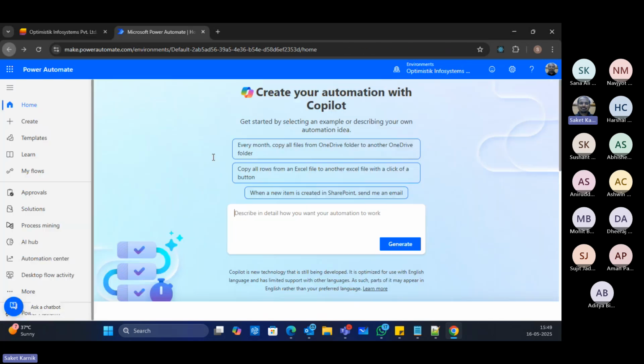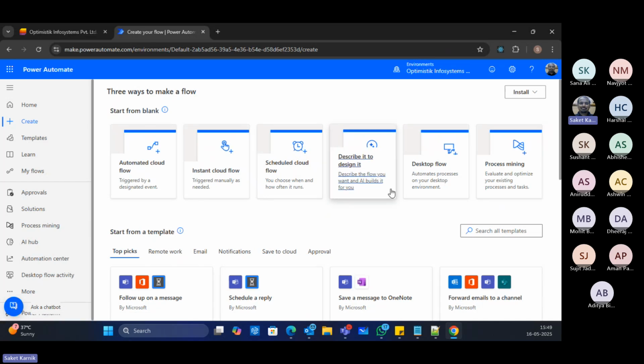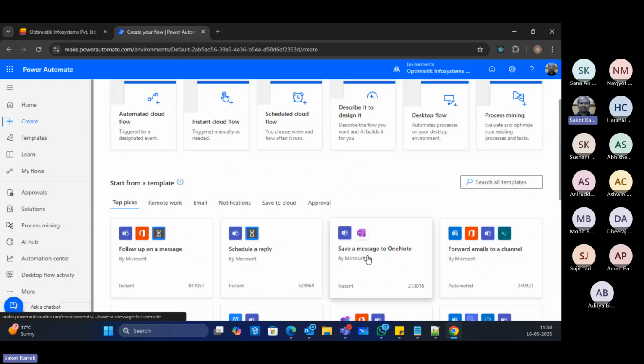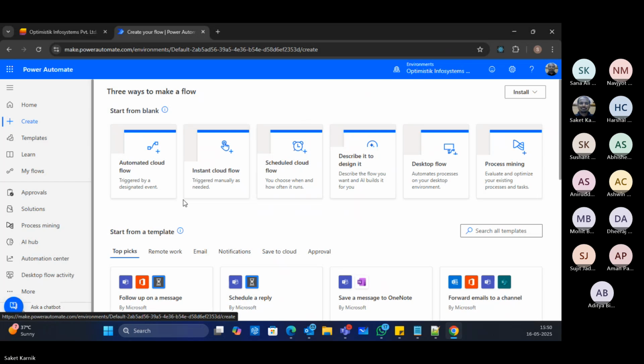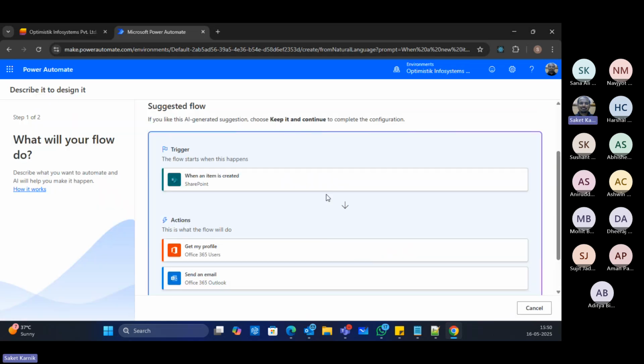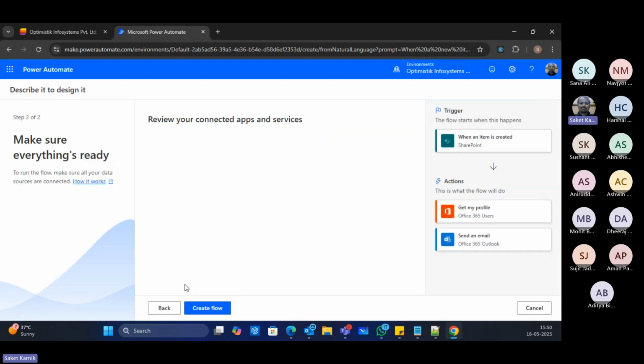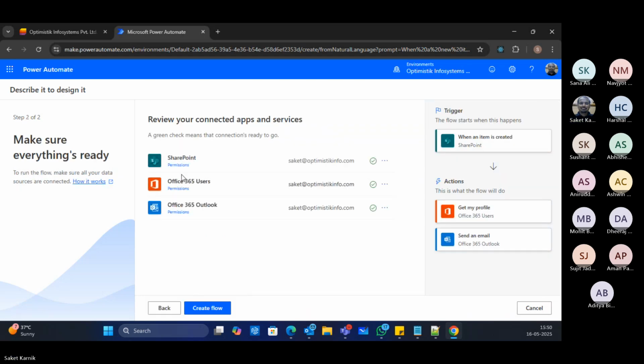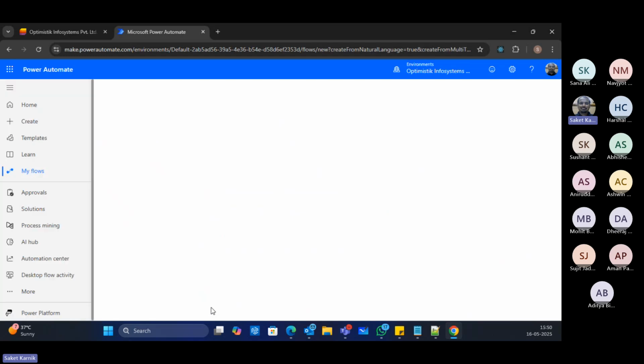Though, see, one more thing you must have noticed. If I go to create, these are the regular user interfaces, right? Manually, I can build all the flows and everything, Power Apps of my own. Okay, but with Copilot, I make it easy. Even a non-technical user can build a lot of powerful Power Apps, right? With no code knowledge, nothing. See, I say keep it, continue. Now I need to configure this. Okay, it is showing what permissions it is going to use. If required, you can just review it and you can then say create flow.